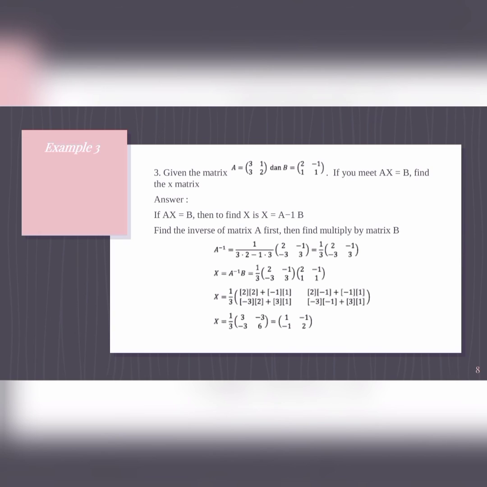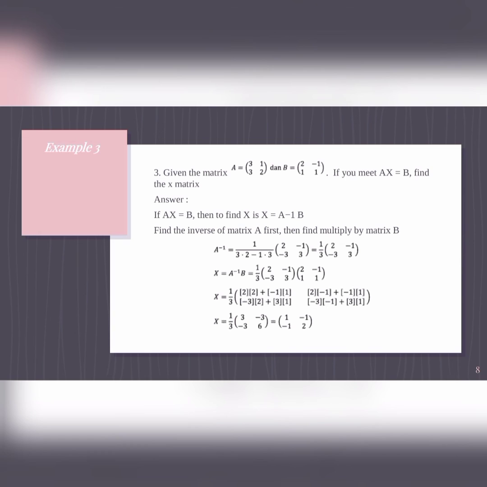And the next, the value of X is A inverse times B. So 1 over 3 times 2 minus 1 times 3 times matrix 2 minus 3 minus 1 3 times matrix B, which is 2 1 minus 1 1, and we can get X equals